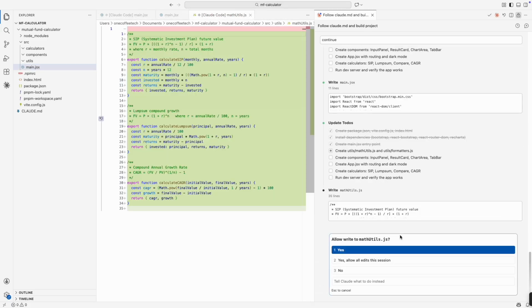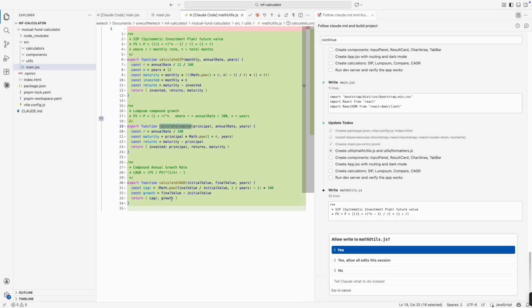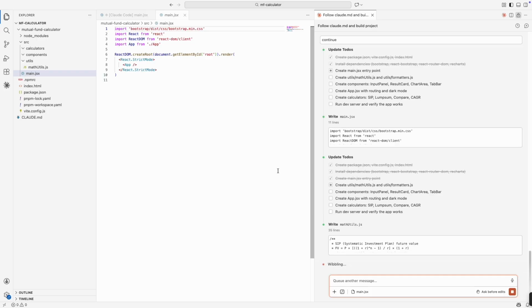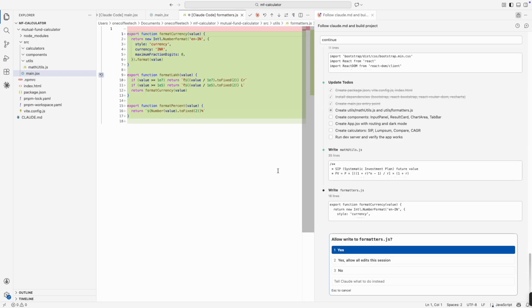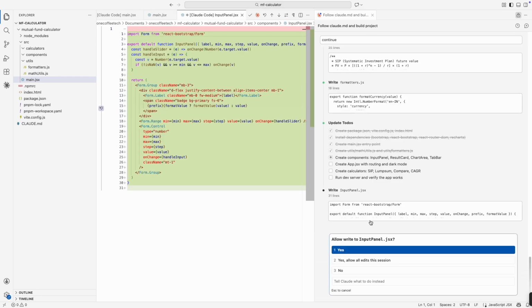Math.js is being generated. It includes calculate SIP, calculate Lumpsum, and calculate CAGR utility functions. Next is format.js, which handles currency formatting. It includes format currency, format lakh, and format percent. Now the input panel